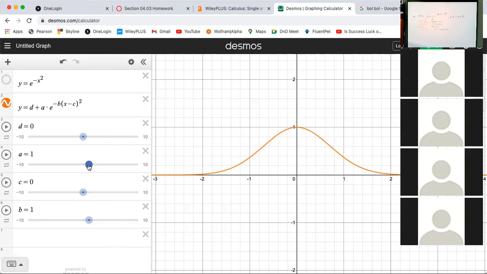Let's see what happens if we move on to the value C. That's just next. I'm going to start changing the value of C. Notice that the graph is maintaining its height. It's just shifting where the local max happens, left and right. So when we change the value of C, the graph is shifting left and right, but maintaining its shape. Notice that the shape stays the same. Any questions?